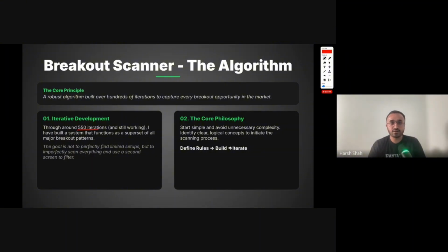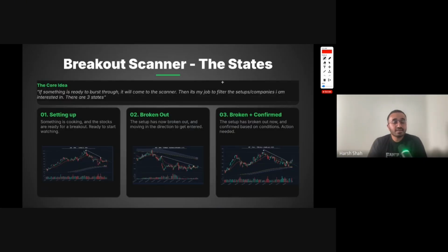Right now in the background, AI is already doing some tasks that I have given it. The core philosophy is we define rules, we build and we iterate. As we know, the stock market moves on many external factors, so there won't be anything that is 100% certain, but we want more probability on our end if we are going to take any action in the market. So these are the three states. After this, we are going to look at the demo. These are the three states on which I think about a setup.